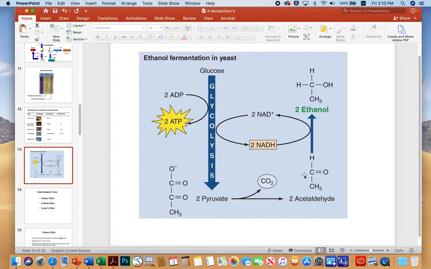Acetaldehyde then serves as the terminal electron acceptor to pick up electrons from NADH to form ethanol. And then the oxidized NAD+ gets cycled back to pick up more electrons, and we at least can complete this cycle so we don't build up reductant, for example. The desired end product is ethanol,